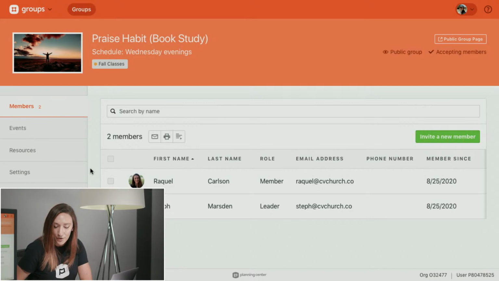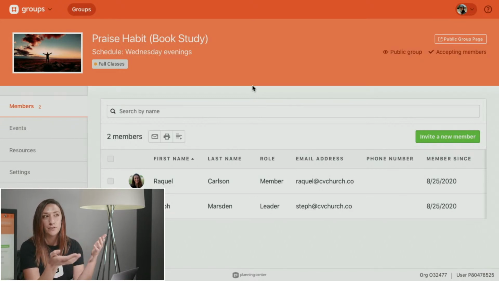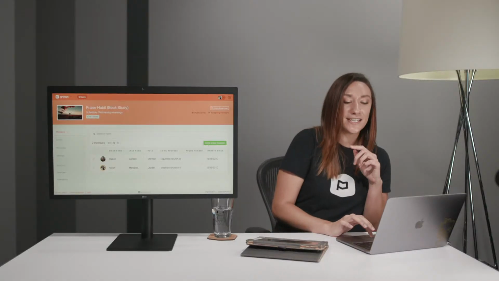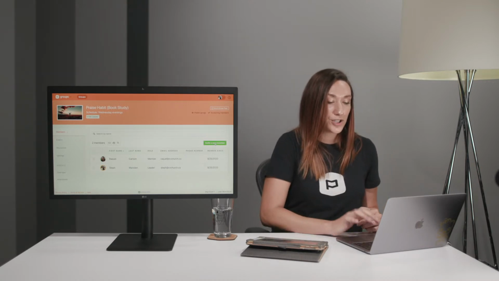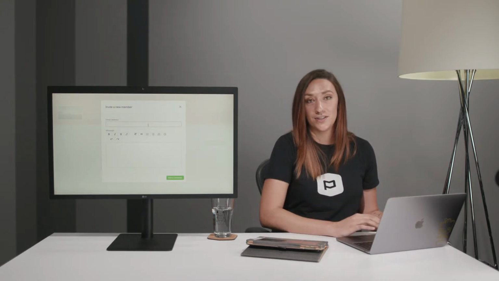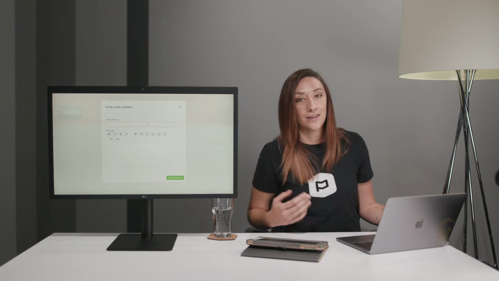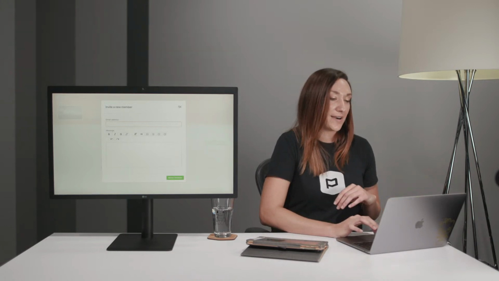All right, let me double check where we are because we're still adding people. So I'm still logged in as Steph. And remember when I set in our group settings, the leader access setting, I chose to only let Steph add people through an invitation, meaning she'd have to have someone's email address. That's why you see on the members tab this green button that says invite a new member. So when she clicks that, she's only going to have the option to type in their email address and send them a message saying, hey, I talked to you the other day about this book that we're going to be going over. Here's a direct link to get involved. So that's what she can do there.